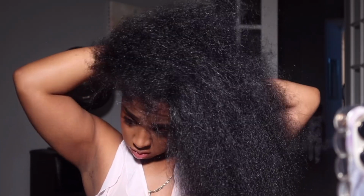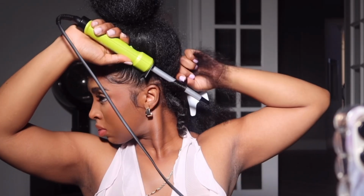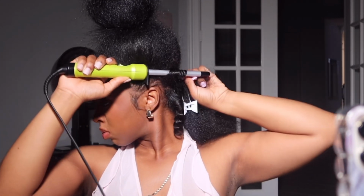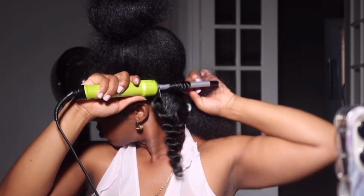So doing it this way will always have your wand curls come out perfectly if you're looking for the fluffy natural type of look that this style gives. The key to this look is definitely starting off on textured hair. If you do wand curls on straight hair, it's not going to look the same. So that's definitely a major key. Even if you are doing it on extensions or weave, you're going to want some textured hair. So blow dry your hair and do them, or use textured hair, but straight, silky hair will not give